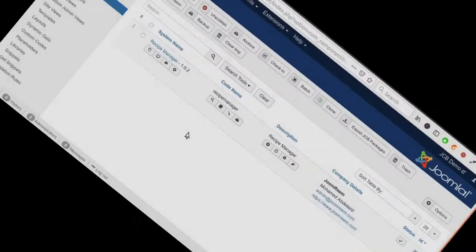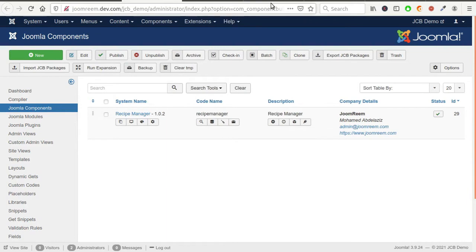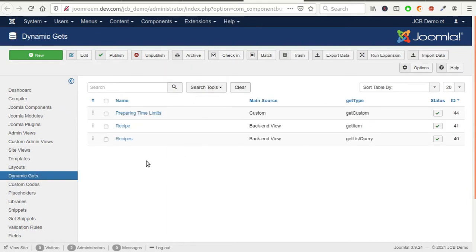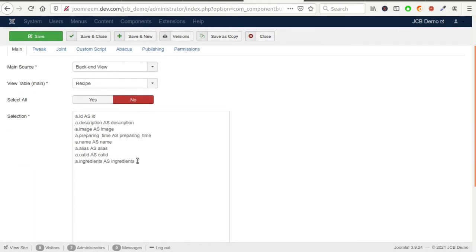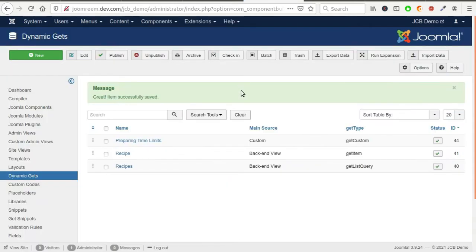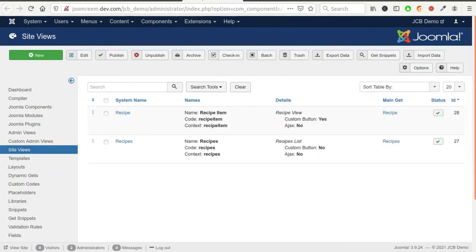In this part, we will modify the recipe side view to add the heart icon and the favorite counter. To be ready for this change, we need to modify the recipes dynamic get to include the new favorites column in the field selection. Go and edit the recipe side view.